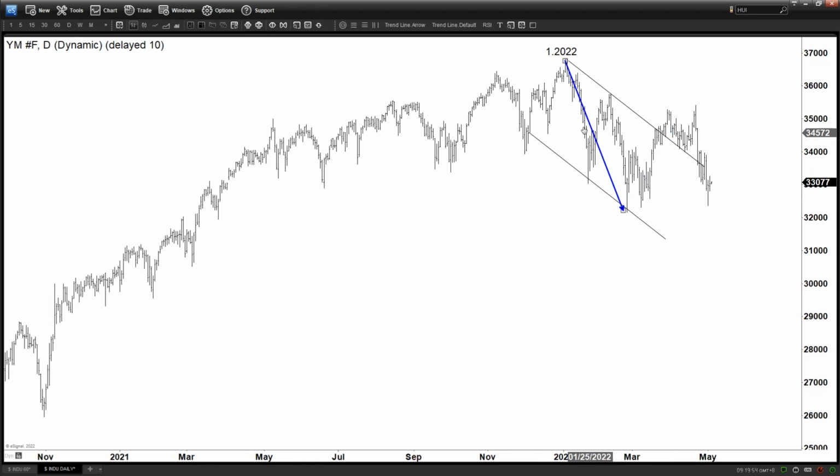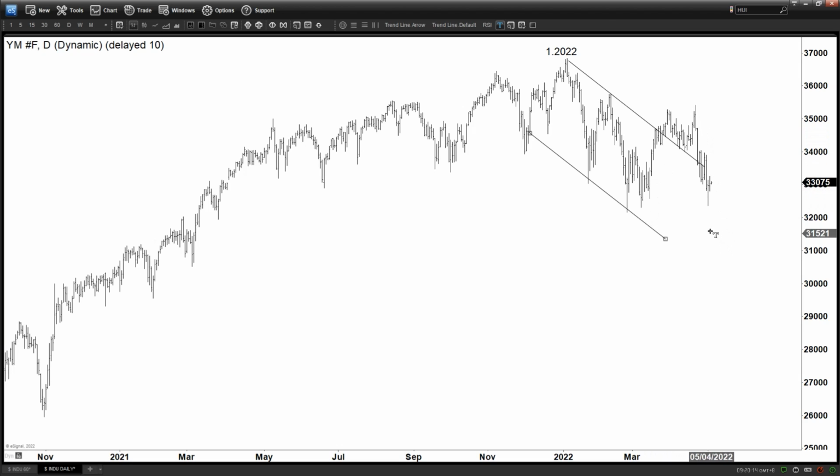Now since the rally here looks like 5 waves, 1 2 3 4 5, there is also a possibility that there is a flat somewhere here. This is ABC, so some sort of a flat is a possibility here, a running flat in this case, okay,